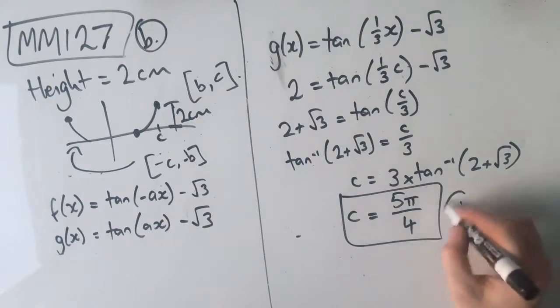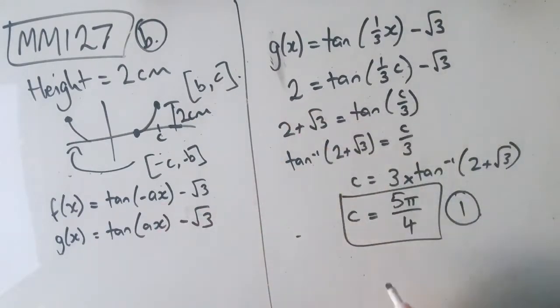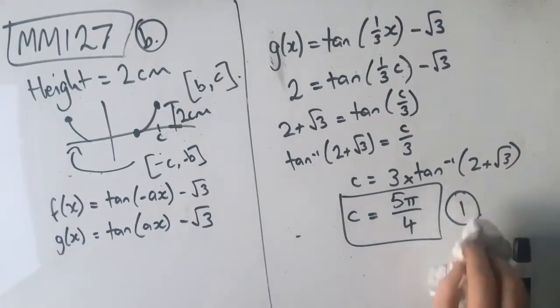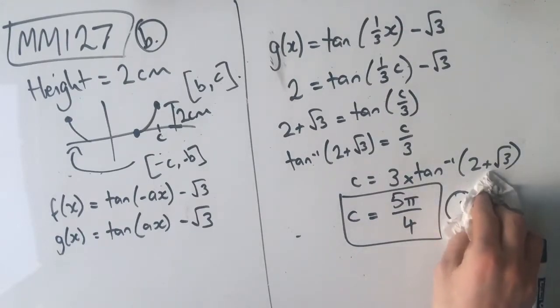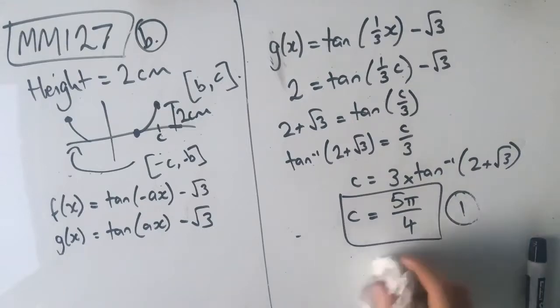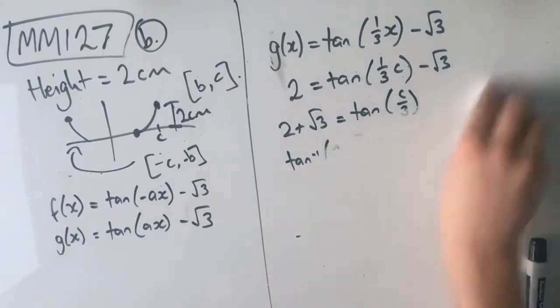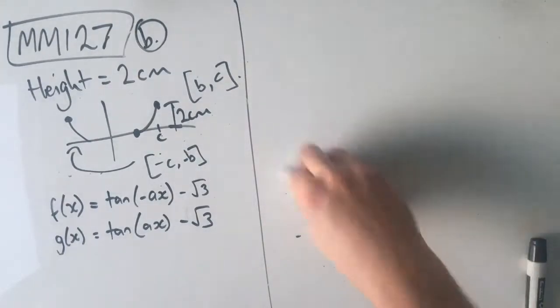So that's 1 mark. If you can do all this without doing the working out, that's fine. Because it is 1 mark, you don't actually need to show your working, but it is a good idea regardless, just to make sure you don't make any mistakes. So c equals 5 pi on 4. Part C,